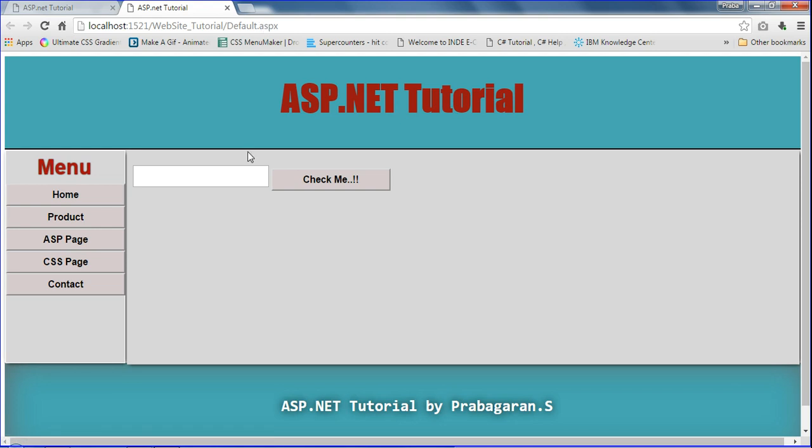This is the default page. Now when I click, I get the product page. So this is the product page. See here, product page. This is the home page, default. So just by clicking, I get the product page here.